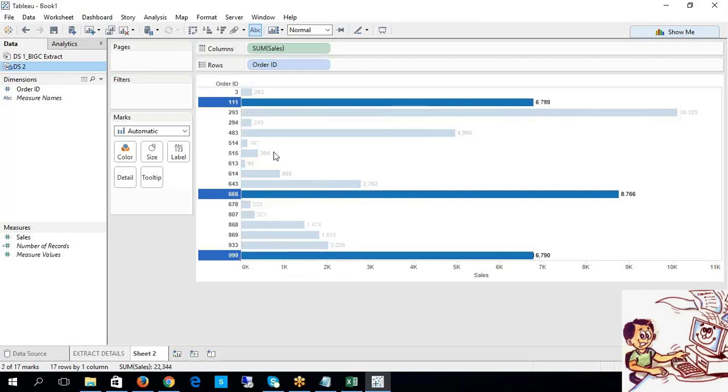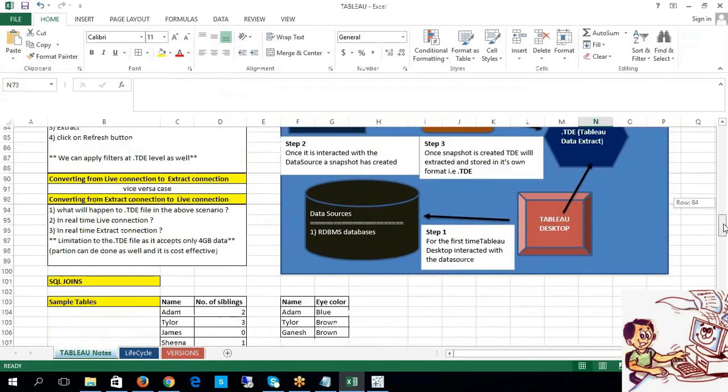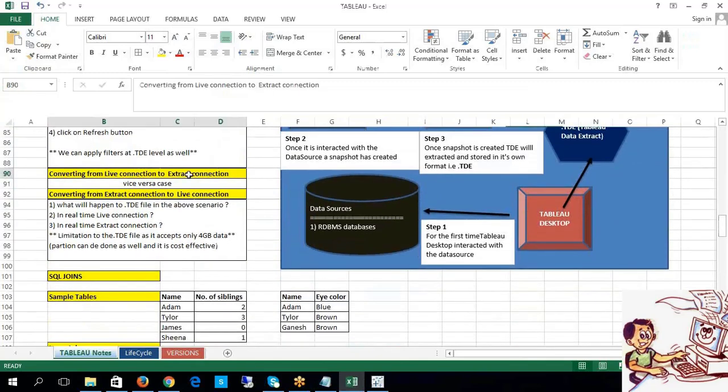Okay, extract and live. Guys, any questions so far? Because now I am going to explain how to convert from live to extract, and it is a vice versa case. You can convert a live connection to an extract connection, and you can also convert an extract connection into a live connection, and we'll see it right away.